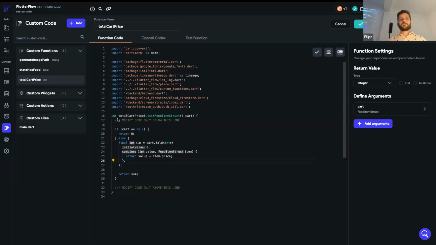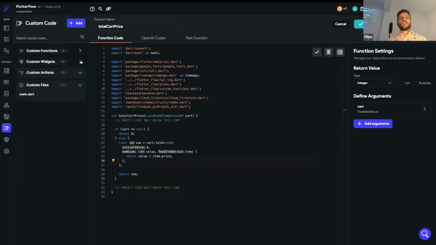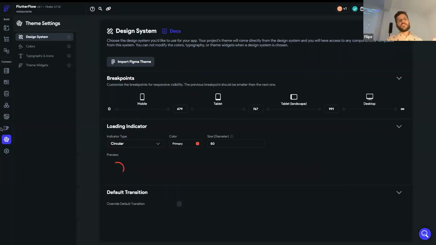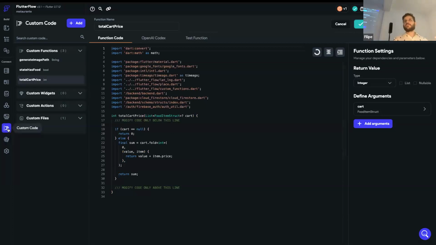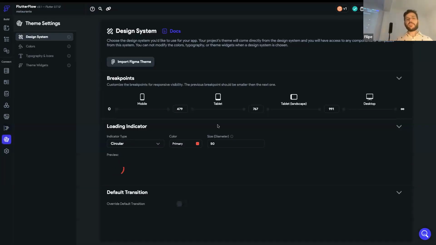No, I know. Okay. Besides these custom functions, you can also create custom widgets. Maybe you can ask a Flutter developer to code even more precise widgets for your use case, right? Custom actions and all to use on your app. This is less used, but it's important to be aware of. And of course,